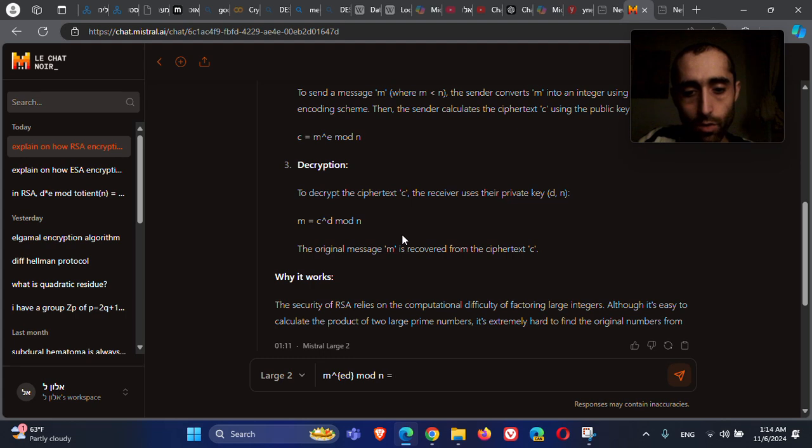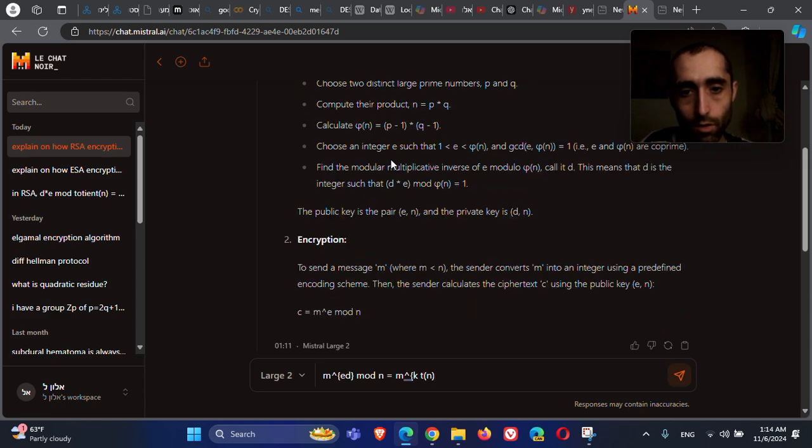And this equals, remember that ed can be written as k times totient of n plus 1, in modulo n, so this equals m to the power of k totient of n